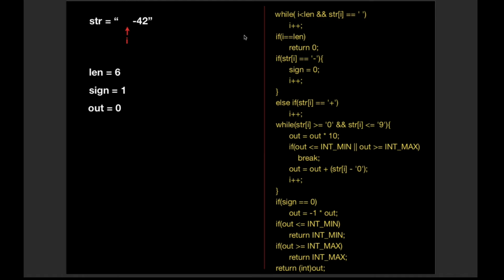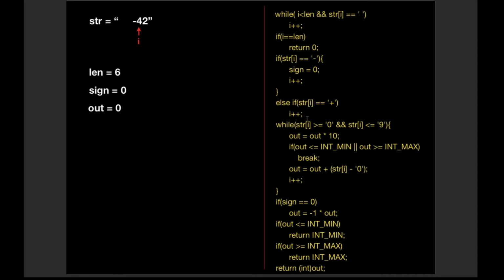Since the ith character is still white space, we increment the value of i. Now i points to the minus sign. So we check whether the ith character is minus or plus. Since in our case we encountered a minus character, we change the value of sign to 0 and increment i.